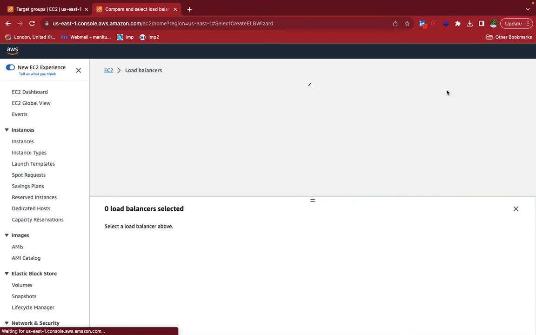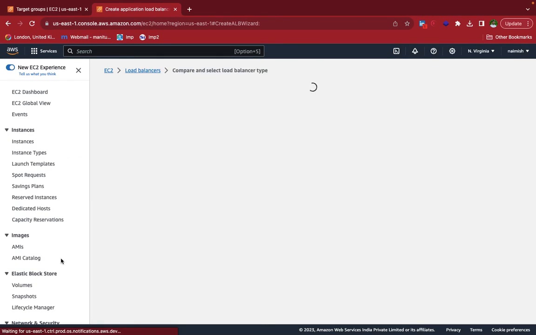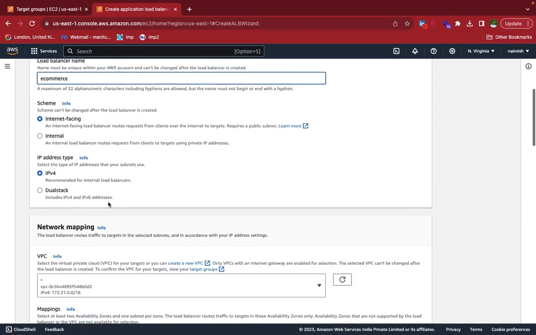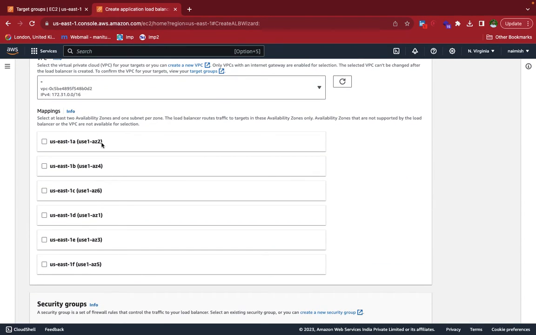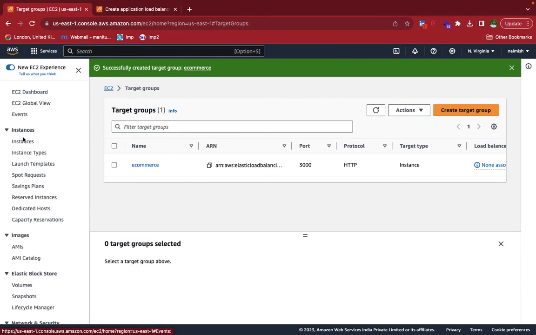Create load balancer. We will be creating an application load balancer. Give the load balancer name. So it will be e-commerce. It will be internet facing, it will be IPv4, leave everything as default. Now here are the availability zones. So if you go to the EC2 instance,